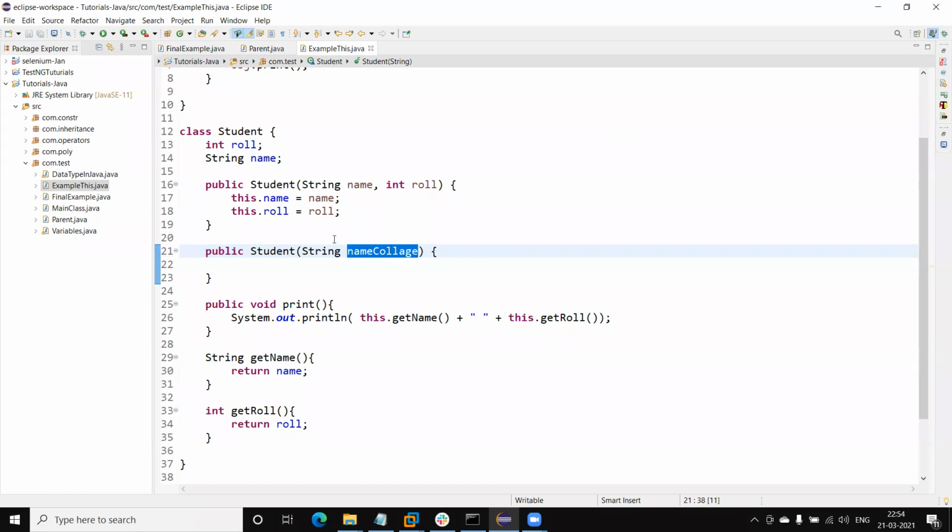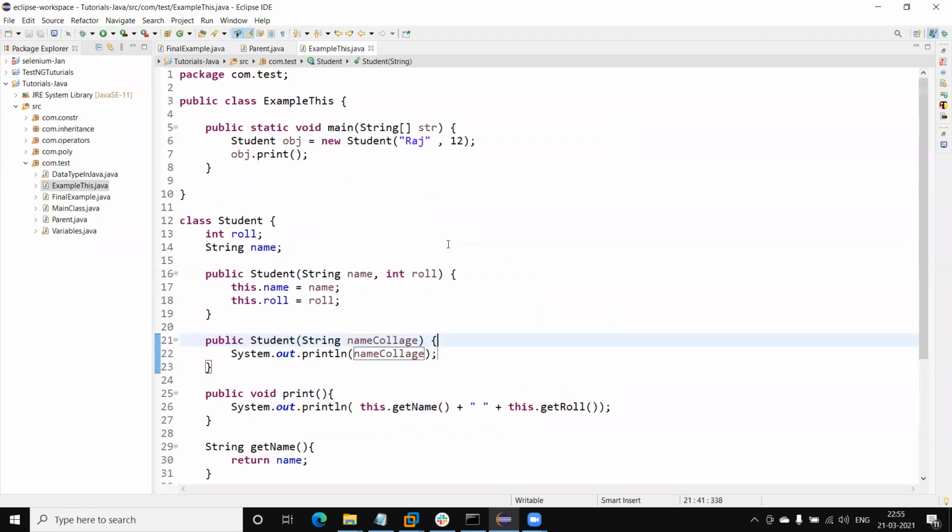Then I'm printing the name of the college. And here I added one more parameter, college. Now here I'm going to pass the college or university name, like UPTU. So this value will be passed here.